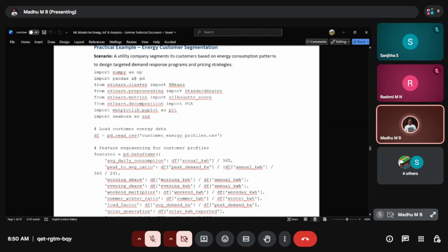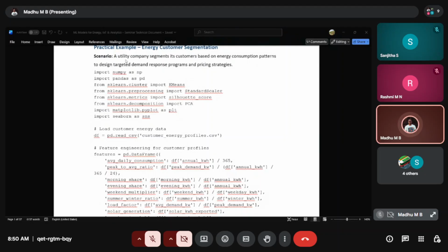Now coming to this specific example, the scenario is that a utility company segments its customer base on energy consumption patterns, to design targeted demand response and price strategy. So we need to develop one ML model.